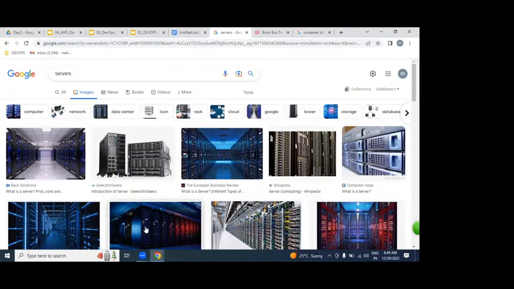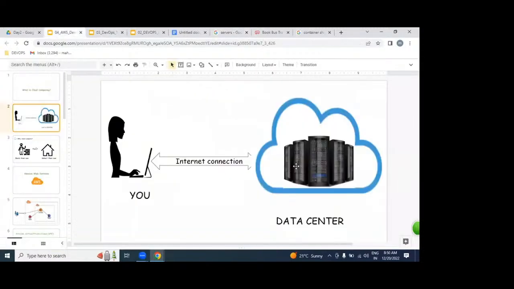These data centers exist physically. We can see them like our building, tangible things with our eyes. The same way the data centers are available. In Hyderabad we have Amazon data centers, in the US also, in Singapore also. From these data centers, if you can access a server, a network, a storage over the internet from a laptop, that is nothing but cloud computing. That is the statement I gave.